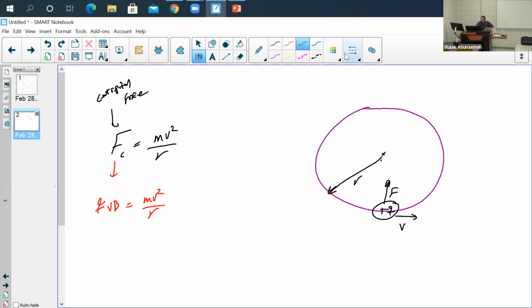Now, one of the velocities cancels out. So what you have is your charge multiplied by your magnetic field is going to equal mv over r. That means your radius is going to equal mv over q multiplied by your B. Now, that's what brings us to the